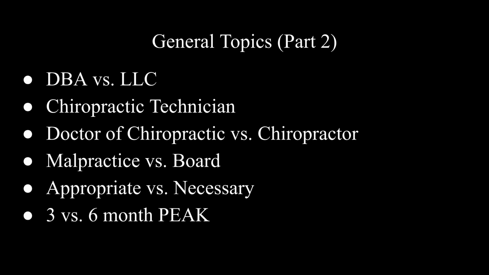Last one is, this relates to Life University students. This is about peak. So this is 3 months versus 6 months of peak. Because you can do a double peak in 1 term, 1 quarter, or do single peak over 2 terms, 2 quarters. So what I recommended to students is, I know you want to graduate soon, right? So you want to do the double peak, get out a quarter early. I get all that. The problem is that I found a lot of students are already set in their ways. And they're just students. They've never worked in healthcare before, never worked as a chiropractor before, but yeah, they're already set in their ways. So that's a problem.